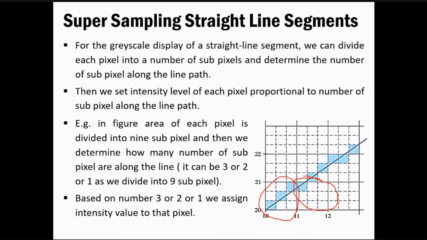Okay, so basically, if your line is passing through more subpixels then it would be giving you a higher value for that pixel, meaning yes, I need to properly illuminate this line. But if your main pixel doesn't have that many subpixels through which your line is passing, then it will give you less intensity as compared to the other pixel. So if you have less intensity, that pixel would be illuminated less as compared to the neighboring pixel. That is the basic fundamental that you have to follow, and that is what it says.